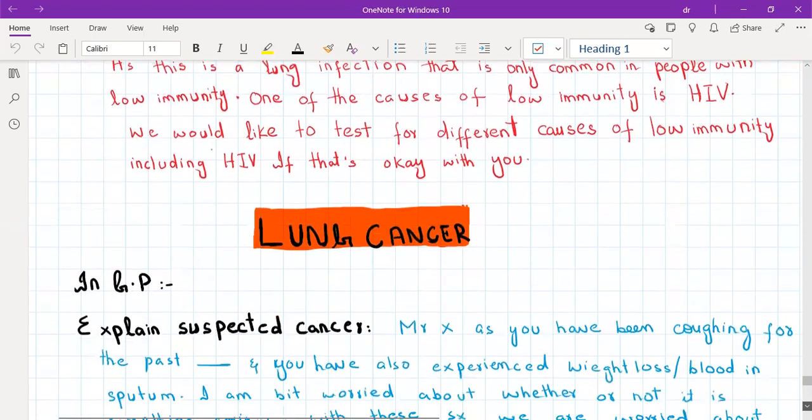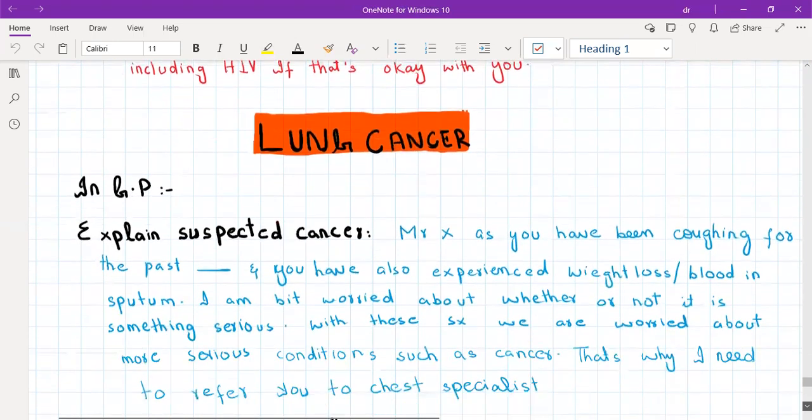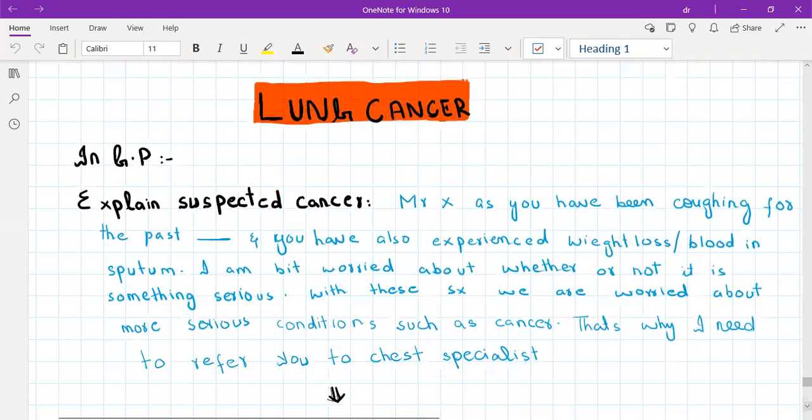Okay, lung cancer. So in lung cancer, if the lung cancer patient presents in GP and you are suspecting that this patient has cancer, there is a way to tell the patient, because this is quite big news. So you should tell him like this: Mr. X, as you have been coughing for a while, for the past few months, 2 months or 3 months, whatever the patient tells you,